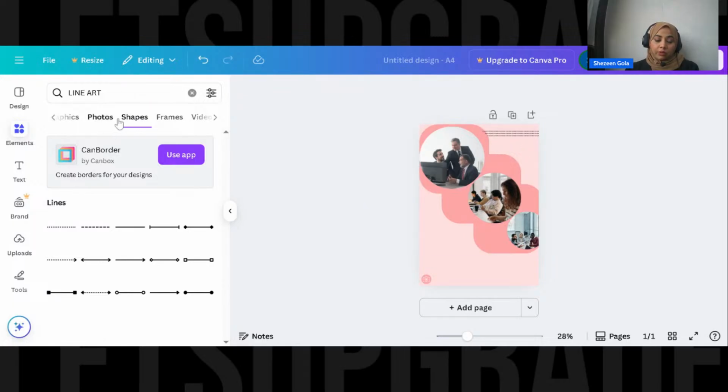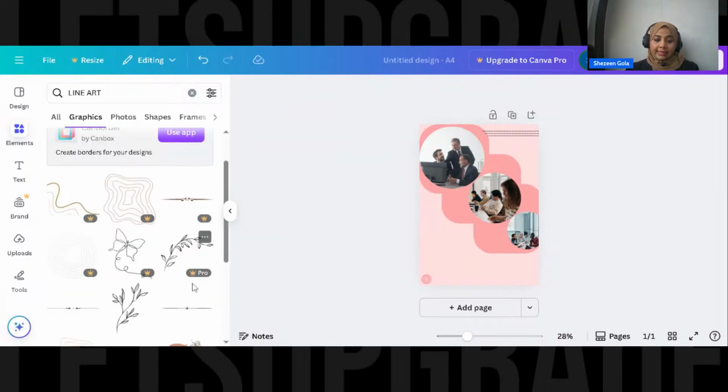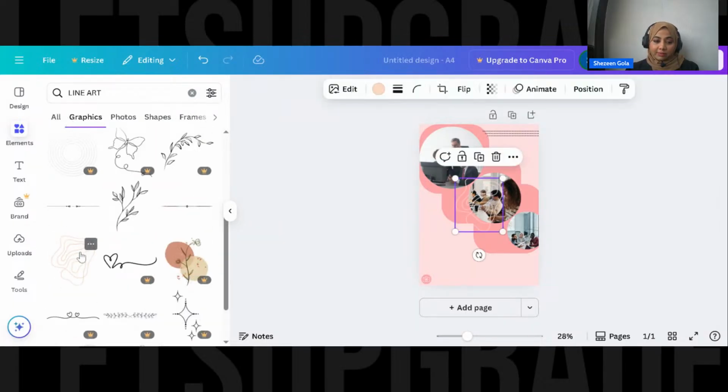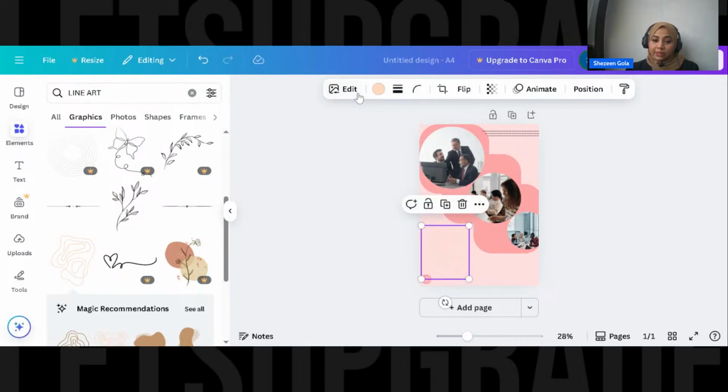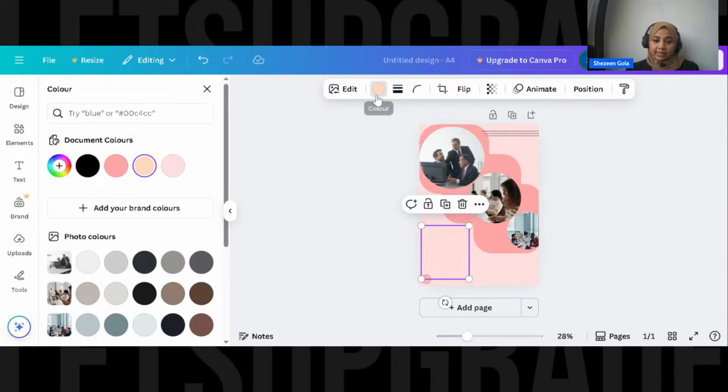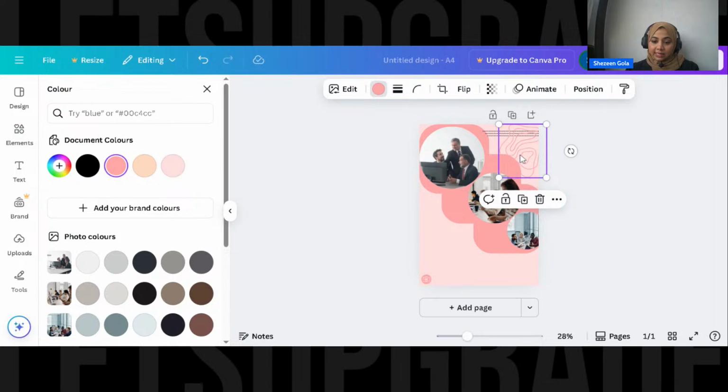Now, what if I want to add graphics of line art? So basically, line art is something like this. This is a very Canva looking template. So again, you can change the color of it by clicking once here. You see, automatically we are having lovely designs.